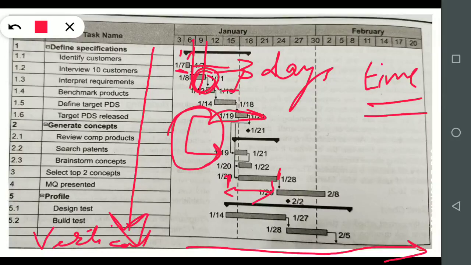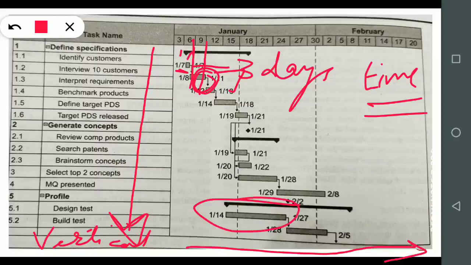For example, I'll show you. Now every event is correlated. Here these two events, this and this, are independent of each other. It means to start this event, design the test, it does not require the completion of MQ presented.